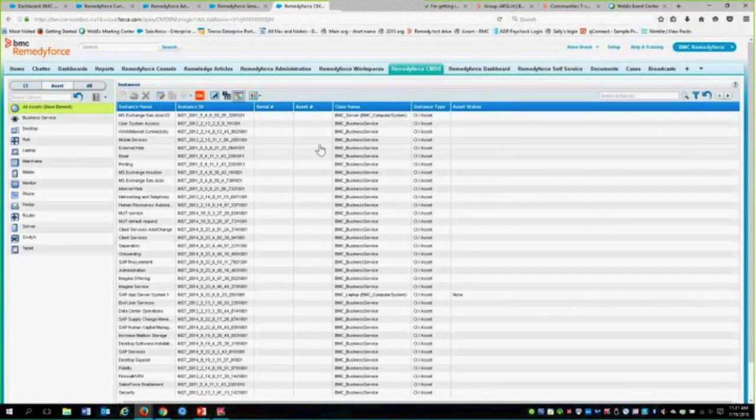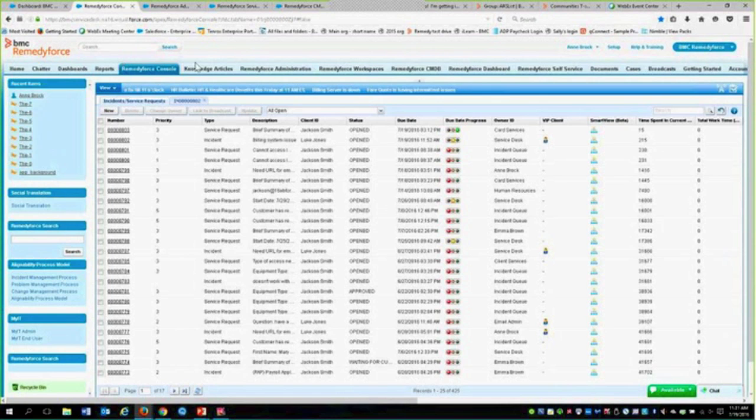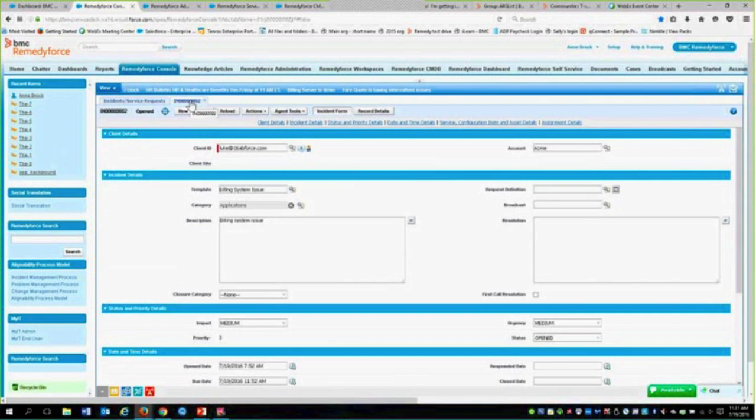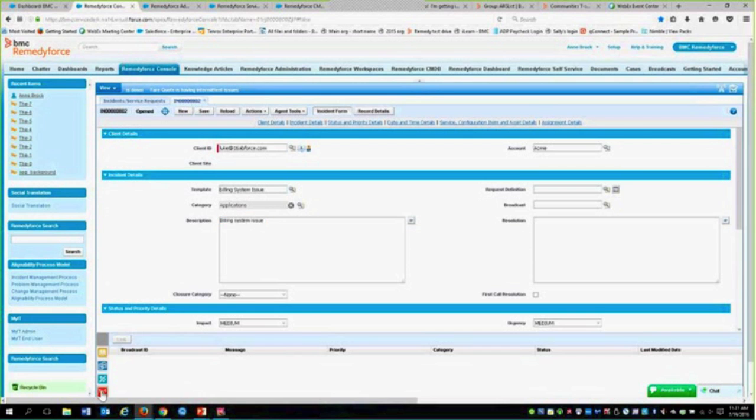So I'm going to go ahead and go back over to my Remedyforce console, where I already have an incident set up here. And Luke called in. Luke's one of my end users, and he called in, and he has a question on the billing system issue. For those of you that haven't used Smart Suggestions before, what happened is, as I typed that in, these icons